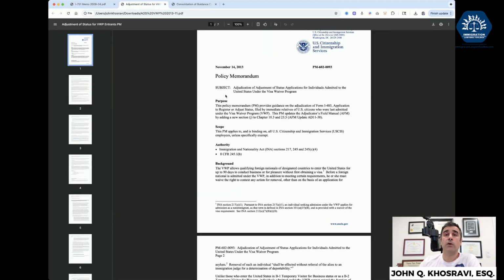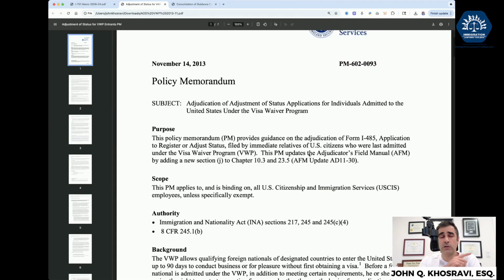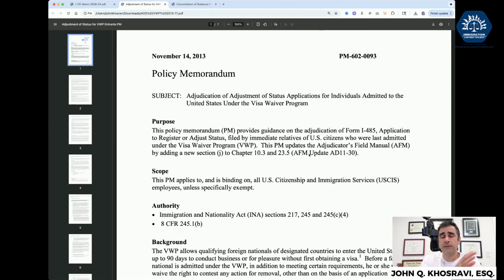The one that's most important is the adjustment of status memo, particularly related to the visa waiver program. This was issued November 14, 2013. Quick note, the I-751 memo, they updated just last week. I'm recording this in October 2025. The USCIS Policy Manual was updated to reflect a lot of that memo, so you get a lot of information there too